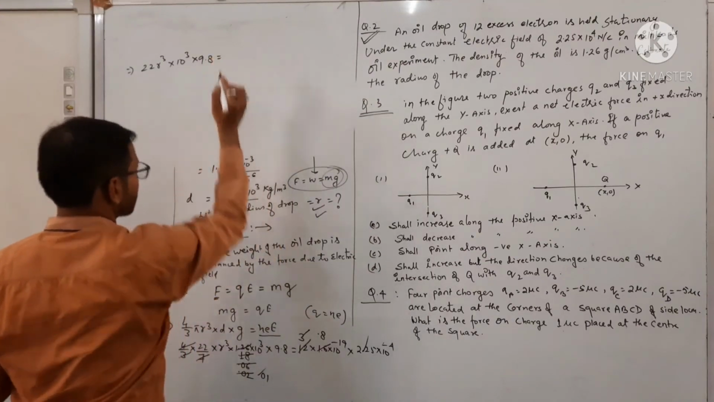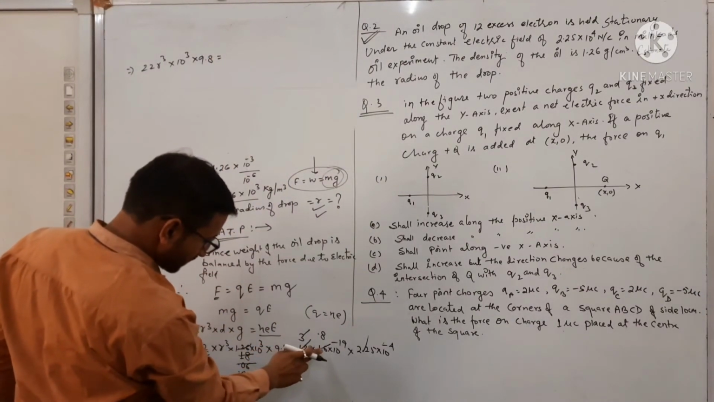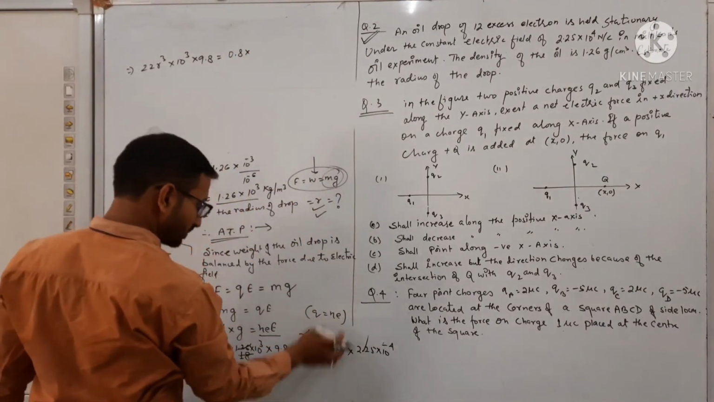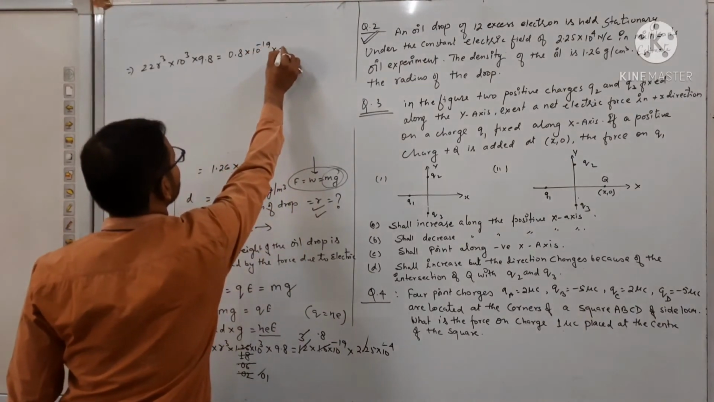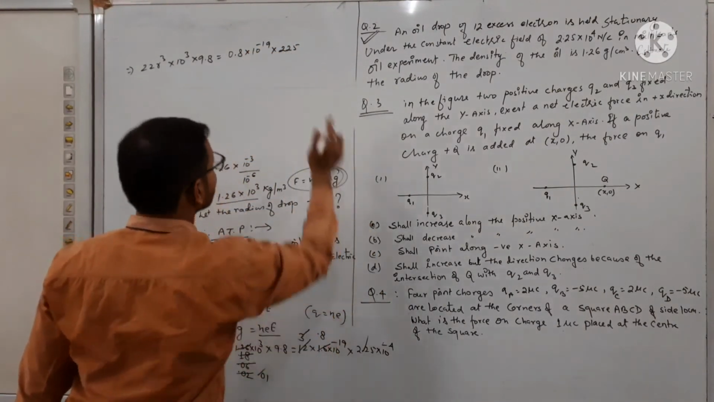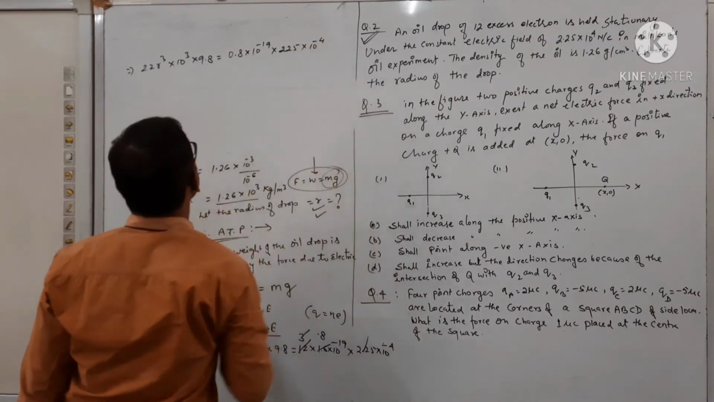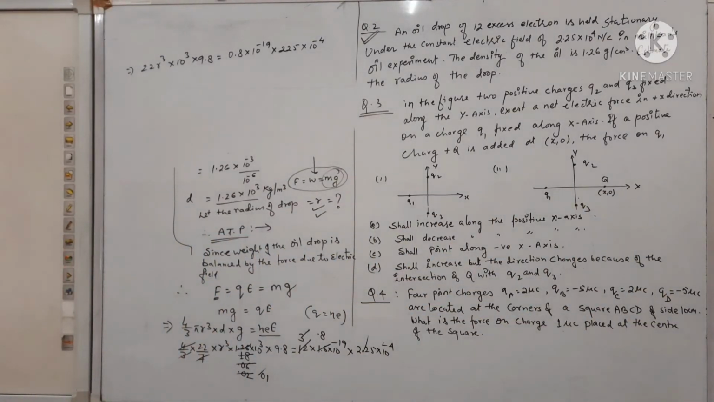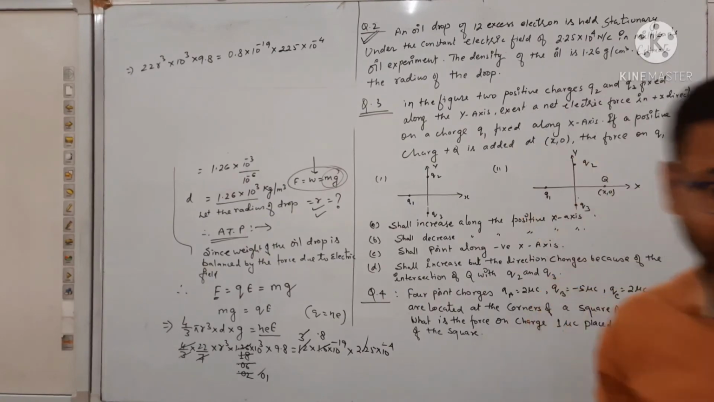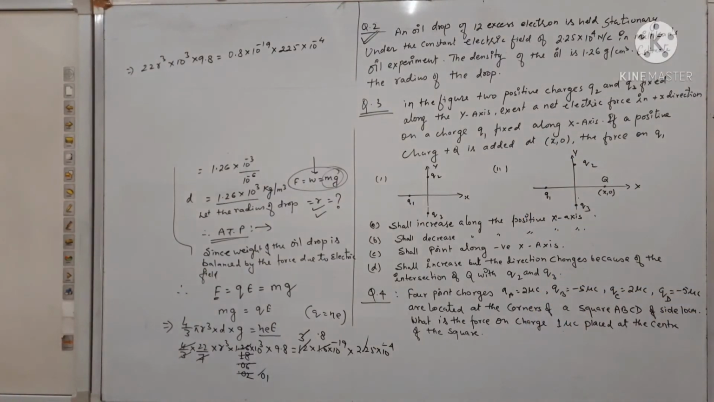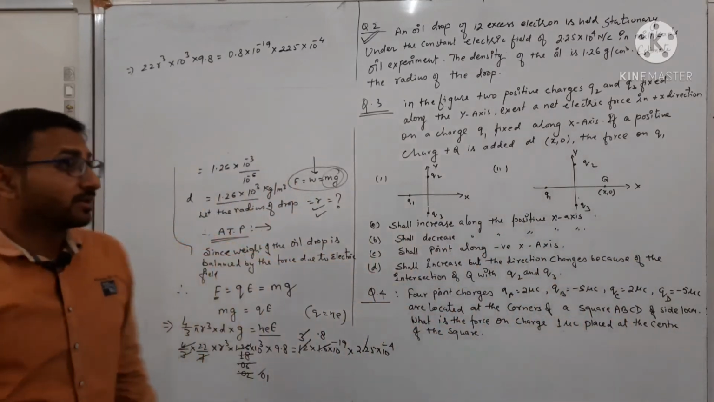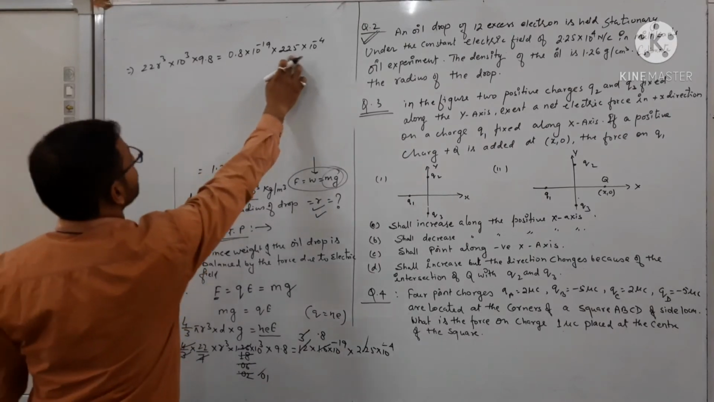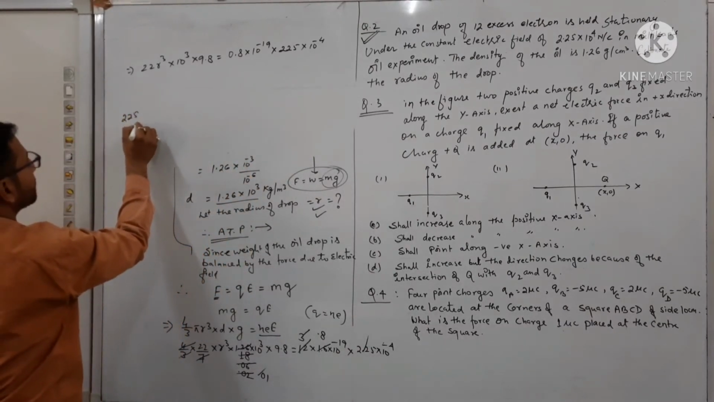is equal to, this one cancels out, 0.8, 225, 0.8 into 10 raised to the power minus 9 into 225 into 10 raised to the power minus 4. Okay, so do it first. Okay, all things are visible. So here what you will do at last, we will solve 225 8 ja, let me check, 225 8 ja,